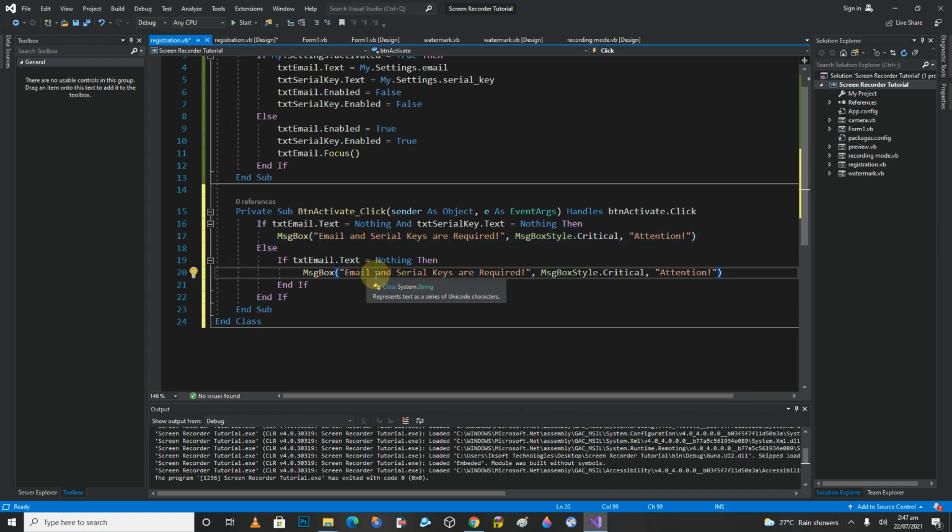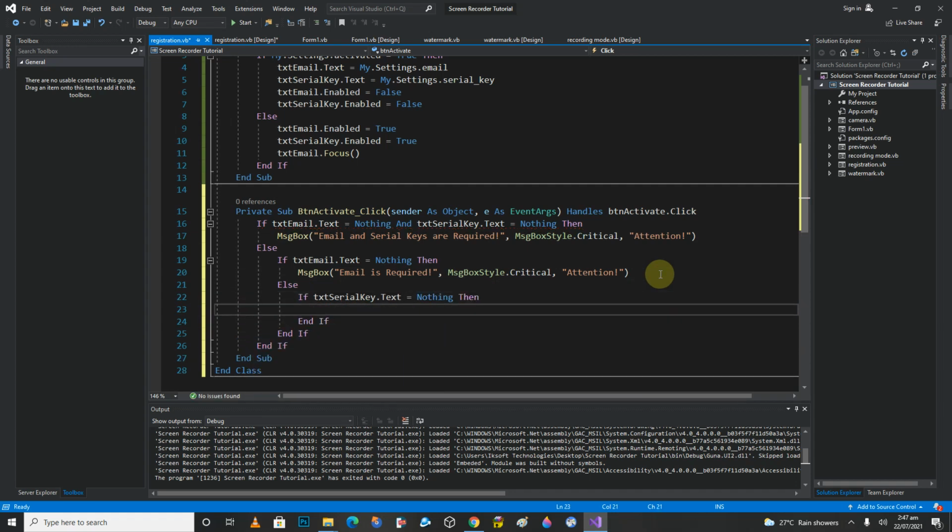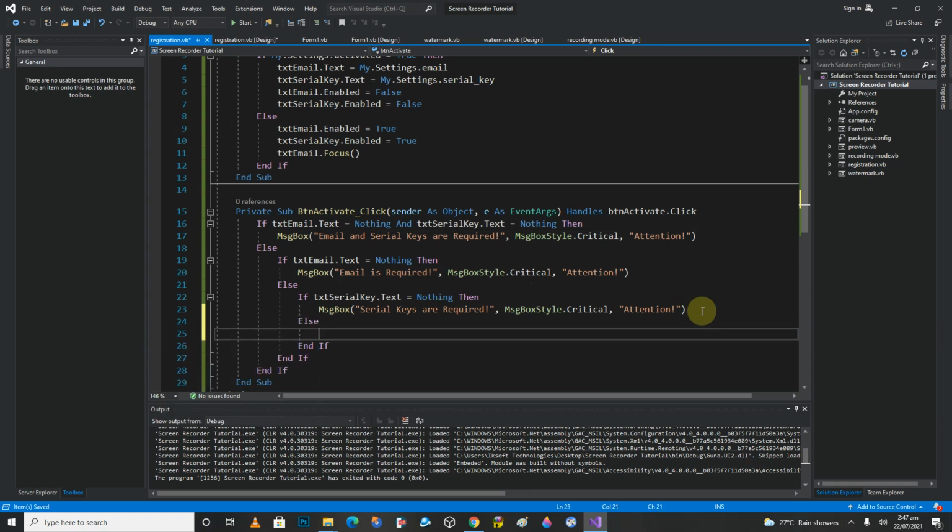So we're just going to say email is required, right? Then we're just going to say ElseIf our txtSerialKey.Text equals nothing, then we're just going to paste the same thing, and we're just going to say serial key is required, right? So we're just going to take out email, and this is awesome. Okay, so if the person gives something, then we're just going to say ElseIf